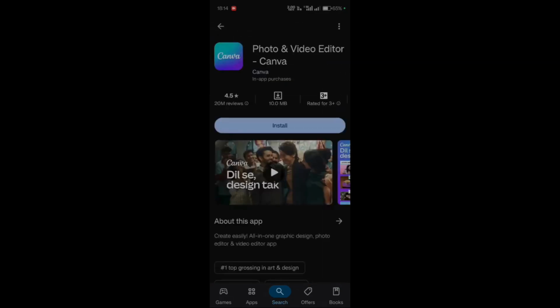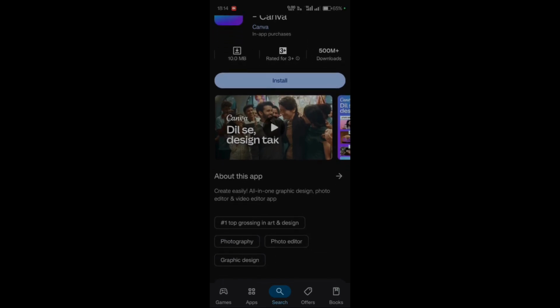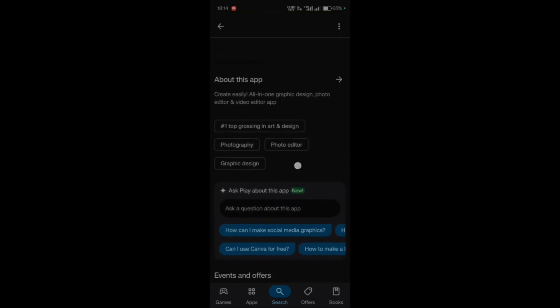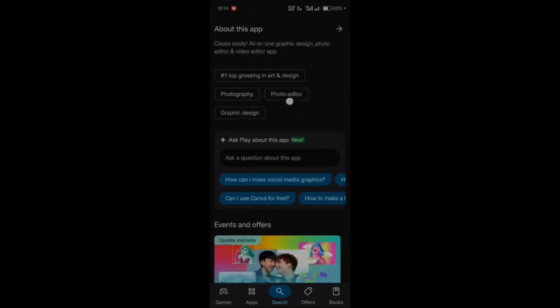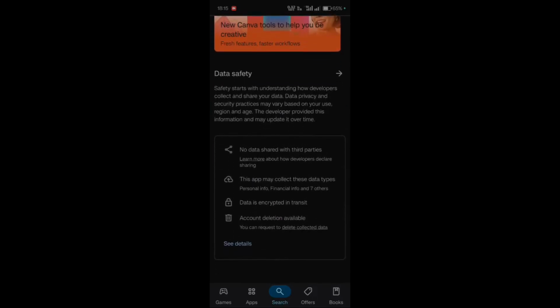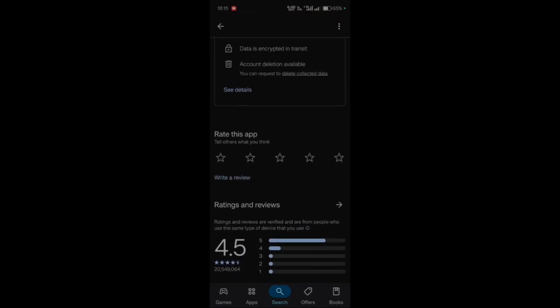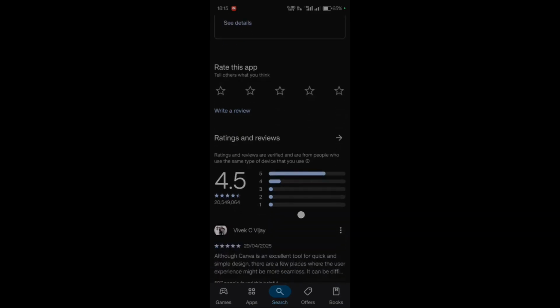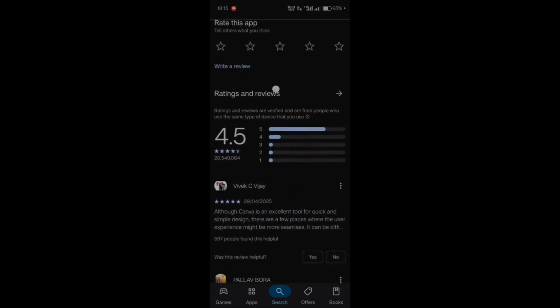So simply click onto the Canva application, and from here you can review the details of the same, like the ratings, the size which is around 10 megabytes, its other ratings, and the number of downloads which are currently 500 million plus. And if you scroll down, you can find the about section, the events and offers, things related to the data safety, and you can also choose to rate this application from here, and ratings and reviews are